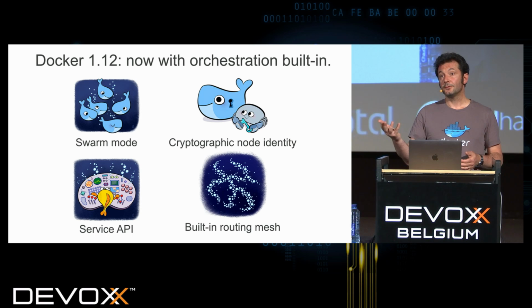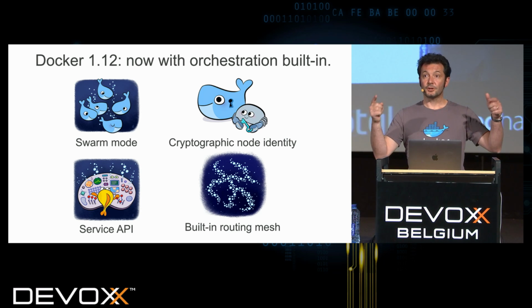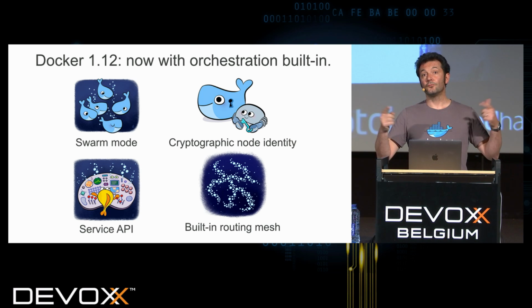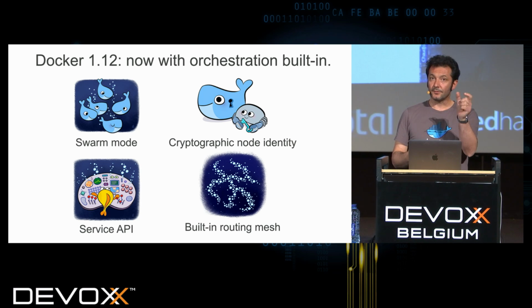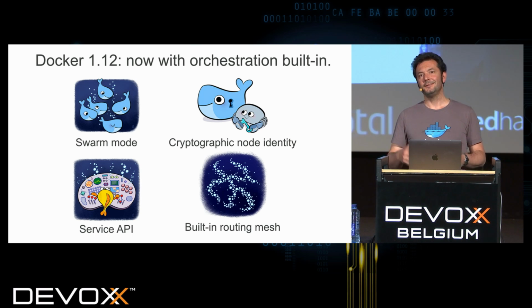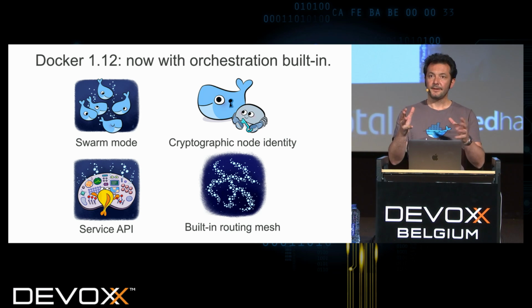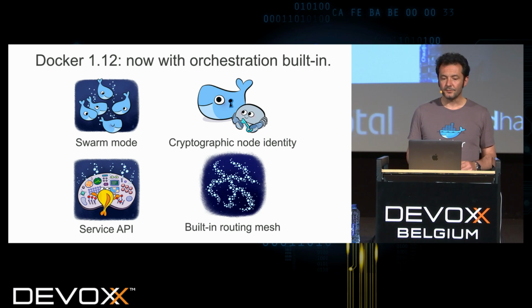There's a cryptographic node identity, which means that by default, when you install a swarm, it's going to generate some certificates and regenerate them, and you can specify the refresh time for your certificate, so you can go down to 5 minutes. I think Diogo does that in his demos. In prod, you would use a longer time. But let's just say that each node has its own certificates and it's TLS enabled from end to end.